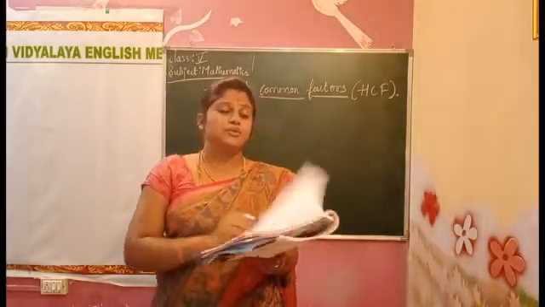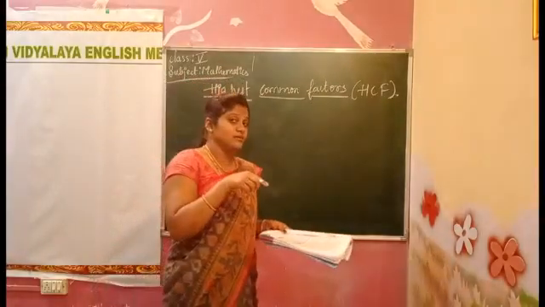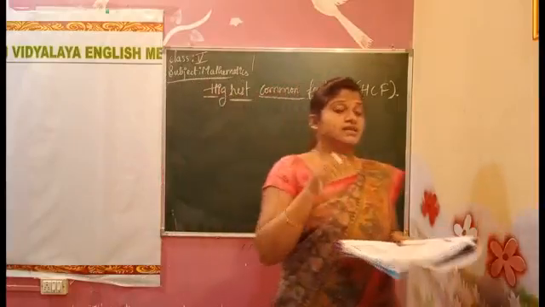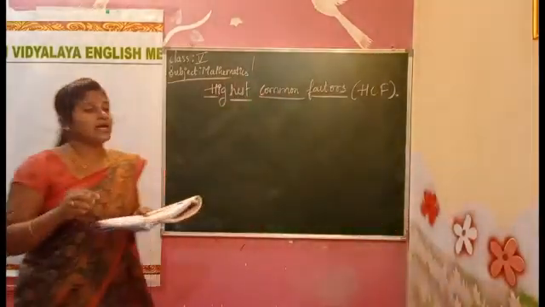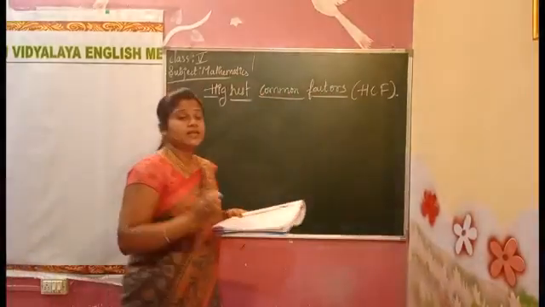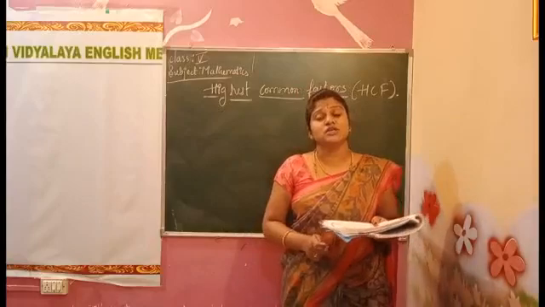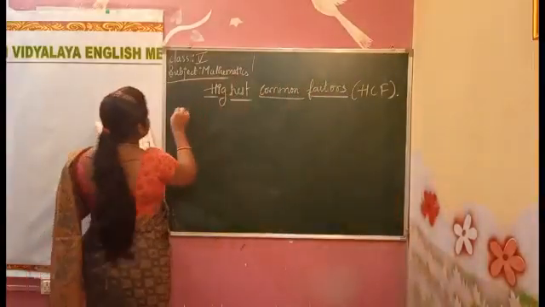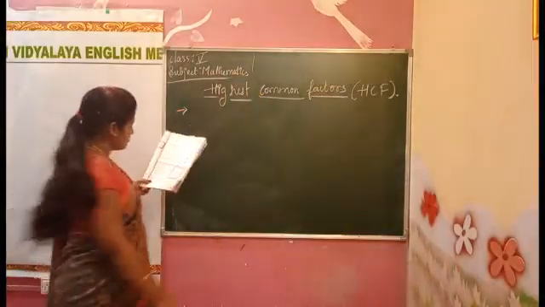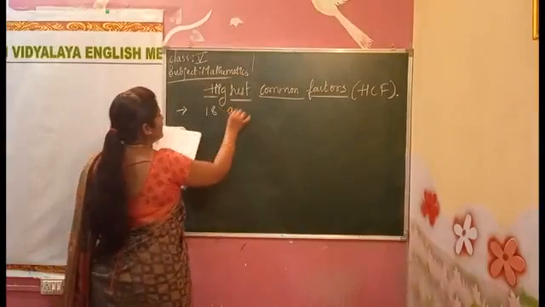In HCF we can do it by what? The prime factorization method. We did the division method, now that is the prime factorization method. In the HCF we have two types: the common way and the other one is the prime factorization method to find the HCF. Two methods are there. The normal way I will tell you how. Example, find the HCF of 18 and 30.